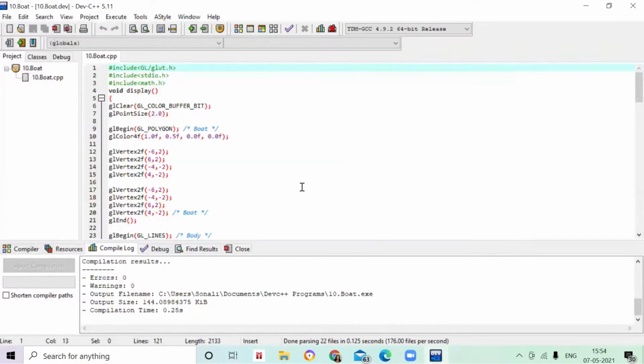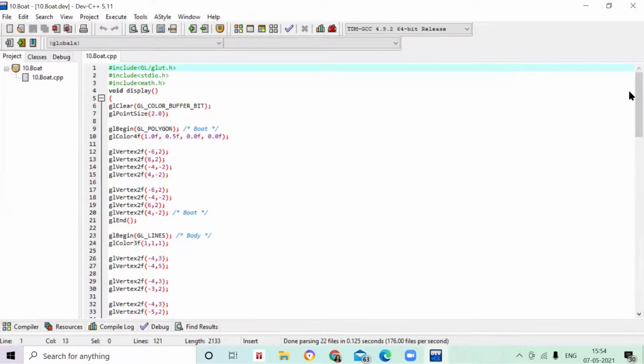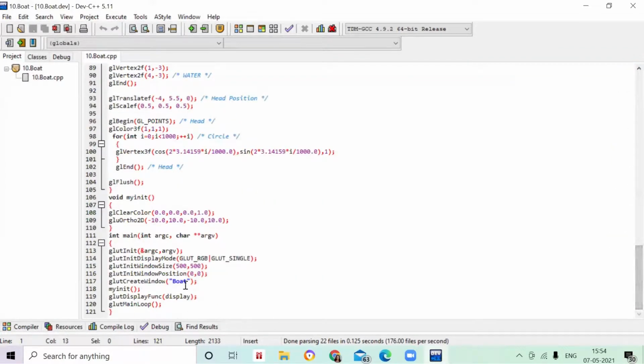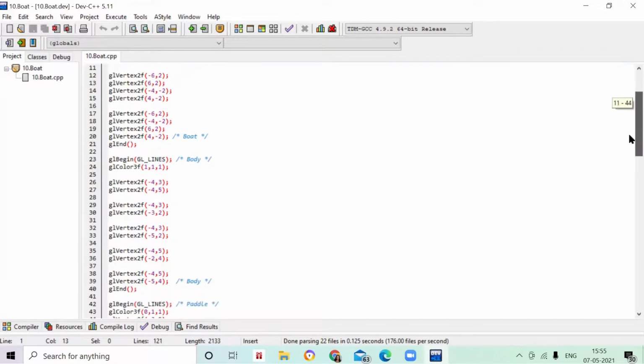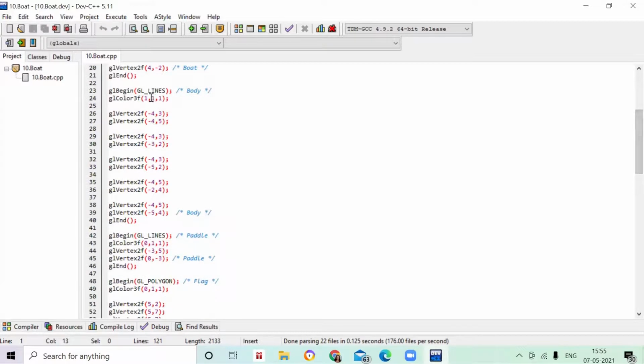Now let's see what all changes we have made. Similarly here also you can see there will be a main part, and again the display function I have written. So here you can see the polygon, you can use the rectangle, you can use quads, you can use all these things. Fine, this is for the boat. So for the boat, these are all the vertex points that have been taken and written. If you want to give any specific color, you can give. Next, the body of the boat, where some lines have been used. So here you are going to use lines. You have to check the coordinate values and place them.